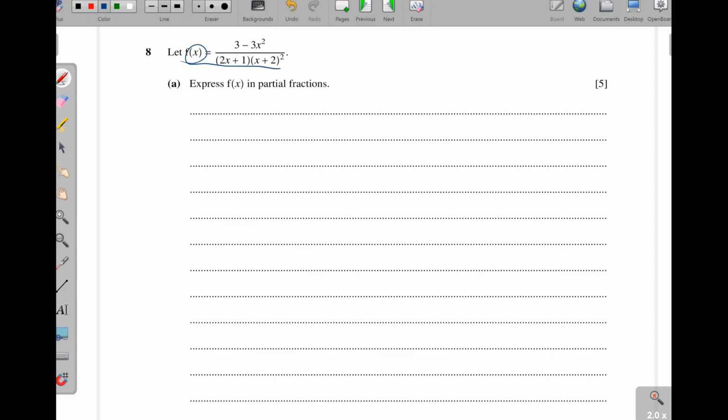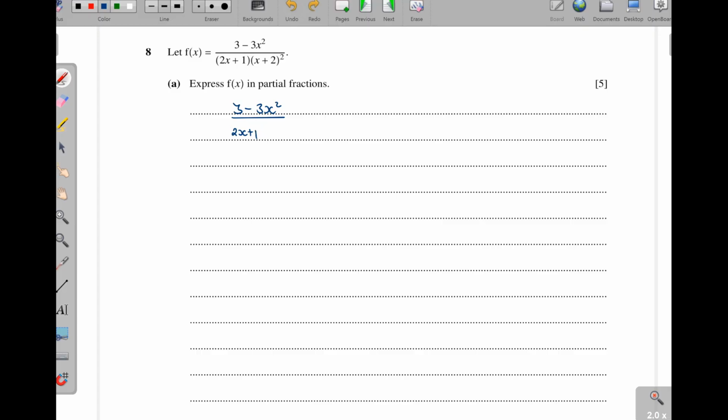Let f of x be equal to this, but express f of x in partial fractions. So this one is the first part. If they ask you to express the function in partial fractions, the next part can come from integration or binomial expansions. So here we have a linear factor, then this one is also a linear factor but repeated. So that means we shall have 3 minus 3x squared out of 2x plus 1,